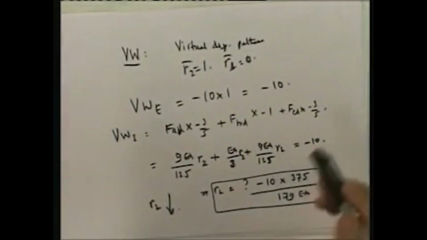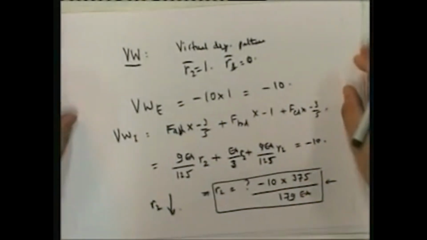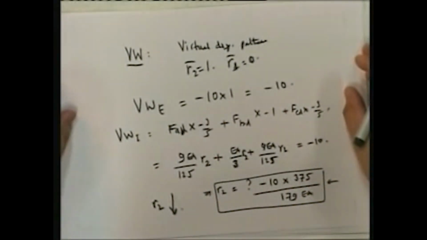Which is how it should be, because the way we have defined R1 and R2, R1 is positive to the right, and R2 is positive upwards. Obviously, under the loading, you will see that R2 will go down and R1 will go up. And therefore, what we have is,